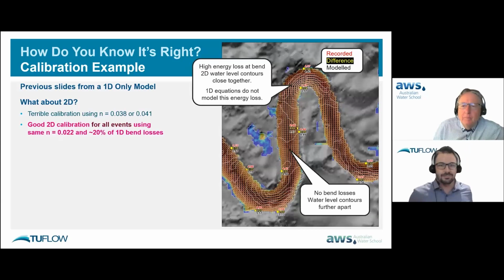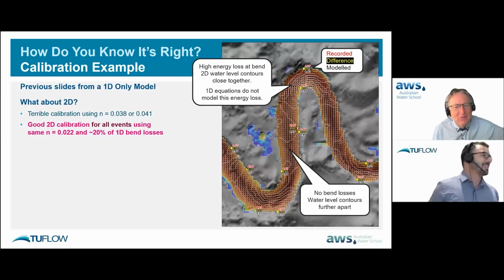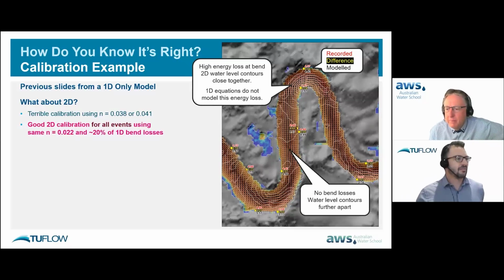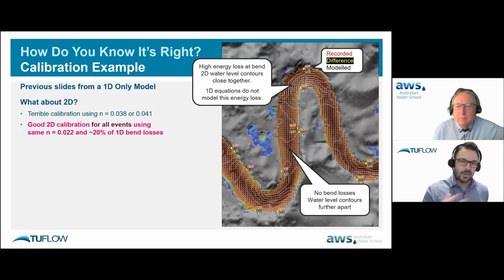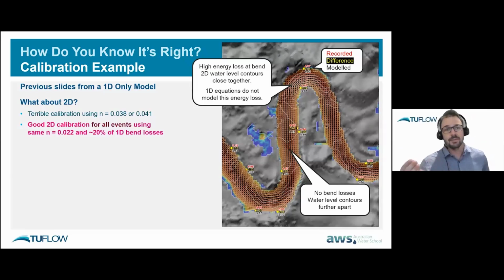Okay, all right. I'm somewhat winging this because I've only seen the slides once for about 10 minutes, but we'll see how we go. Look, from memory with this study, Bill and Phil did the work where they first developed a 1D model and also then developed a 2D model, and they found that calibration for the 1D required energy loss inputs at all of those river bends, where there's the 90 degree and 180 degree river bends.